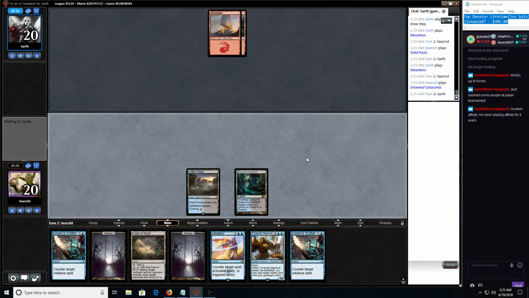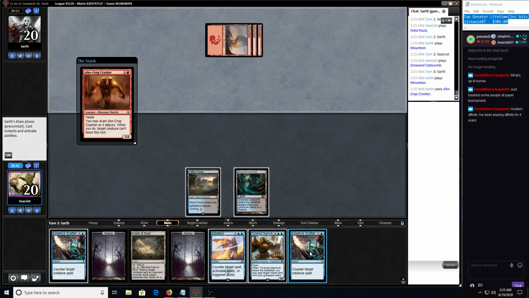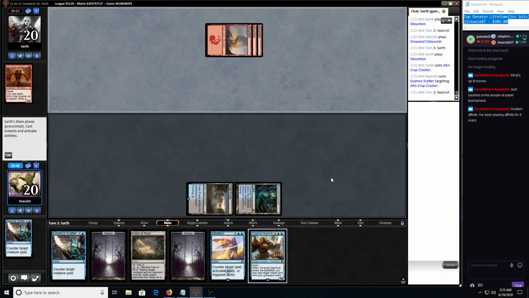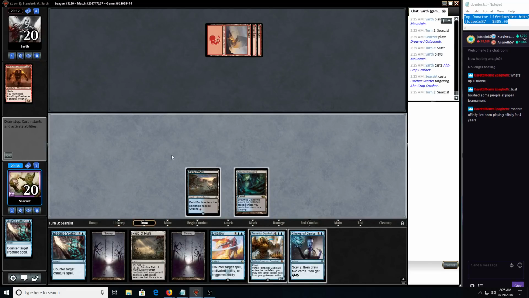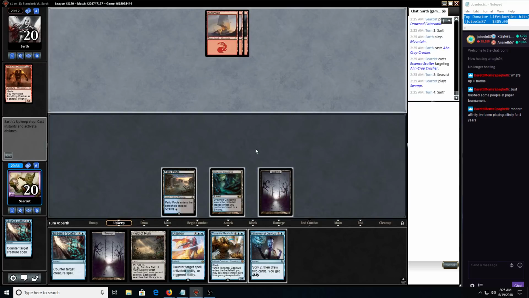So we're in a pretty good spot here. We have counterspells for spells. Haha. Always liked Affinity. Thought it was a fun deck. We could have probably shaved a Glimmer in this match, but...